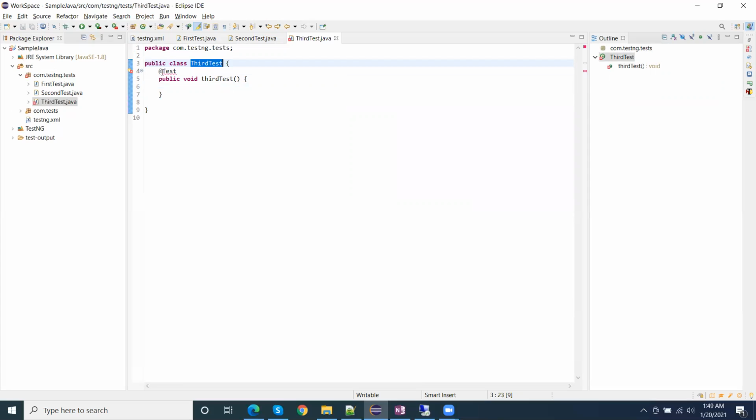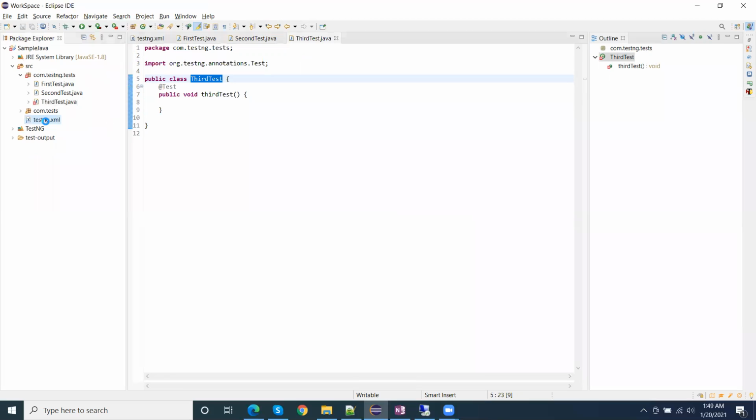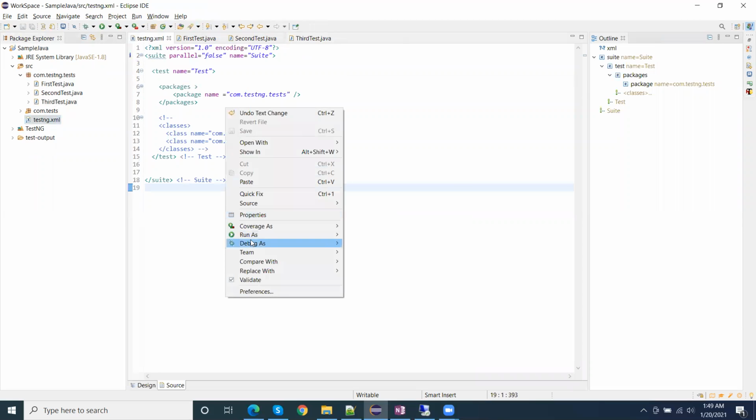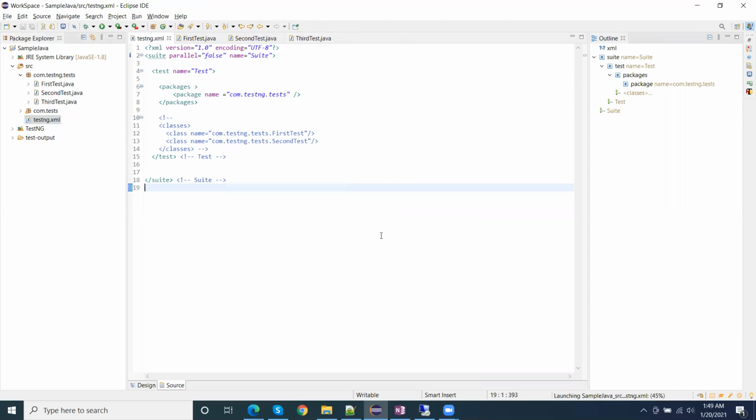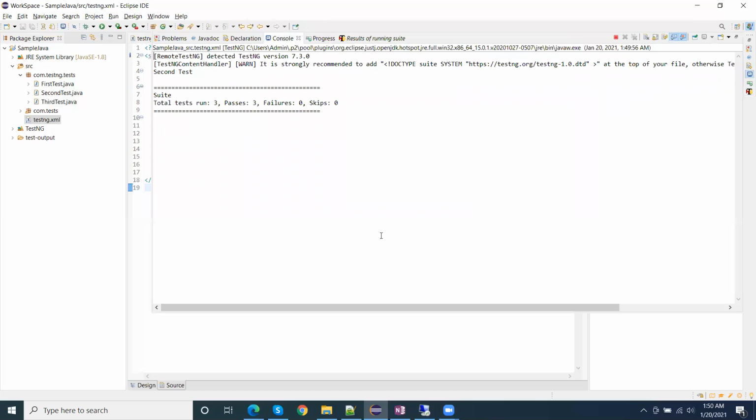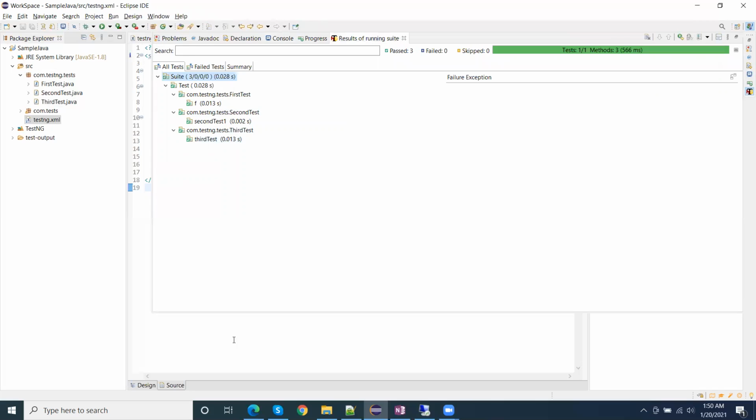Now I'm not including this, since the package is already included here. So if I run, then all the test cases which come under this package will execute. Currently there are three Java files, and all three are executed.